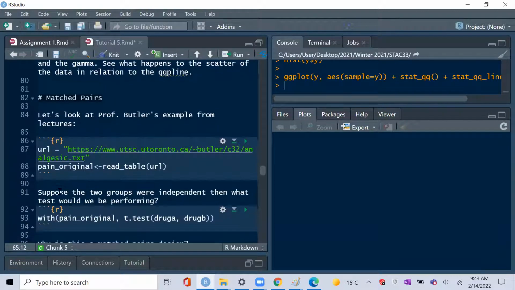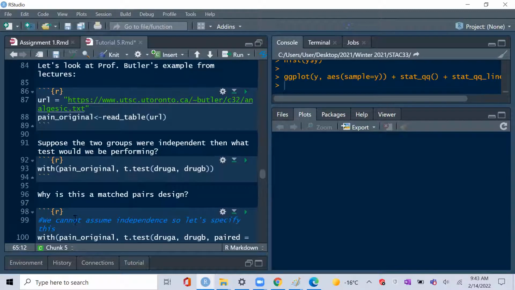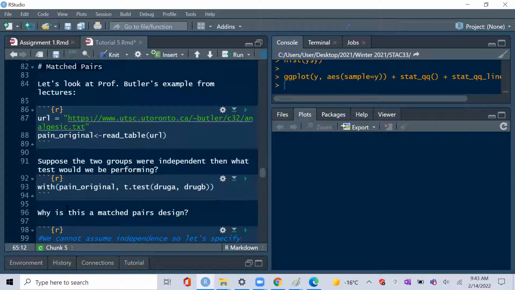Now let's look at the data, right? Let's look at Professor Butler's example. I don't know, did you guys learn matched test yet? Can you guys let me know in the chat if you've done the dependent t-test? If not, I can skip it because I want to show you guys the sign test. So have you guys done the matched t-test? Let me know in the chat. Oh, it wasn't in the lecture. Okay. So I'll just go over it quickly because I do want to spend 10 minutes on the sign test